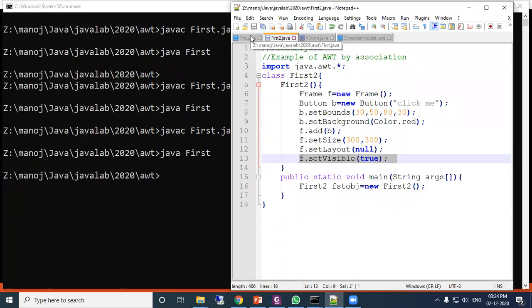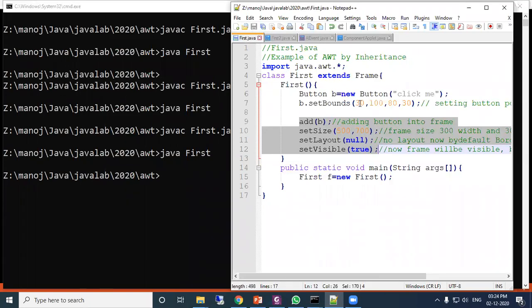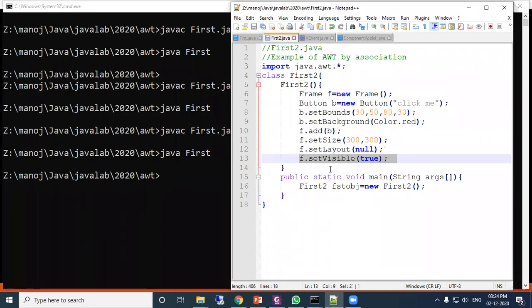In the first program it is inherited, but in the second program it is created inside the class. Then in the main function, I have created the object of First2 and it immediately executes. Now let us see the program.